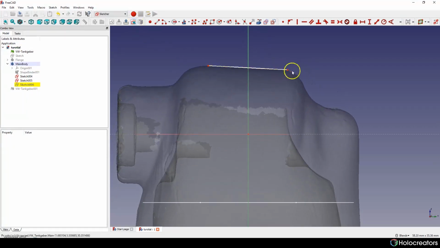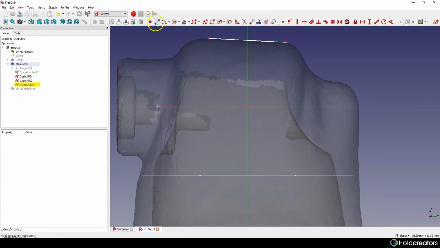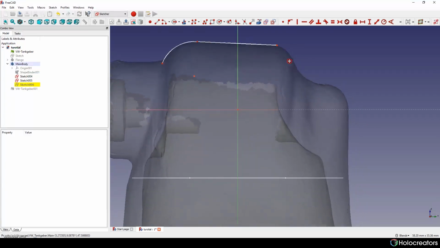So I'm sketching out this shape by doing it like this.